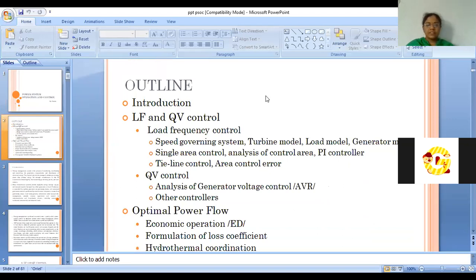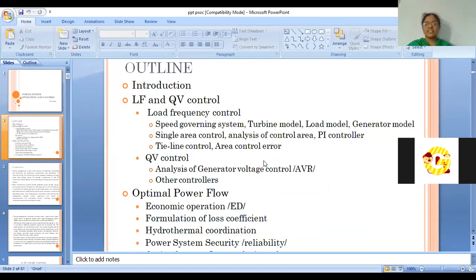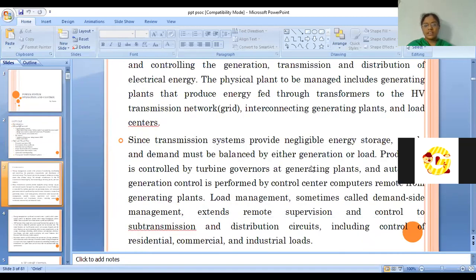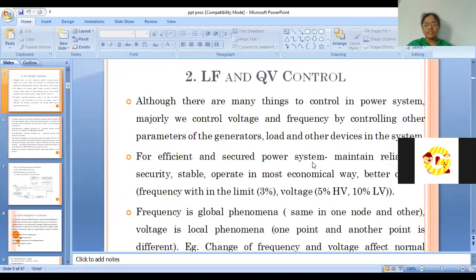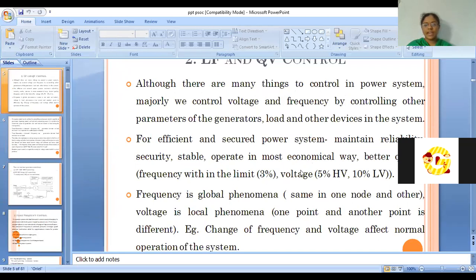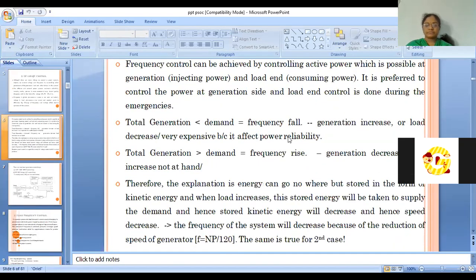So here we just saw that there are two types of controls of the turbine, that is frequency control and the voltage control. When we go with the frequency control, we have to control the active power of it, and it is globally designed. And the voltage control is nothing but here the voltage we have to control the reactive power.